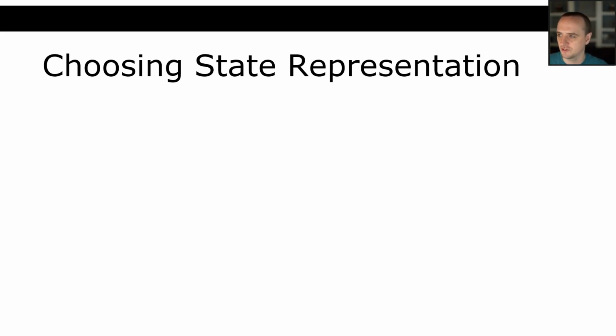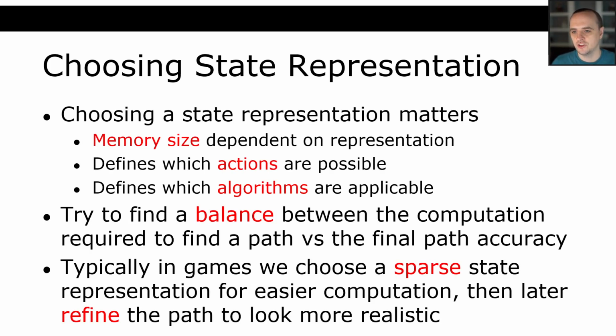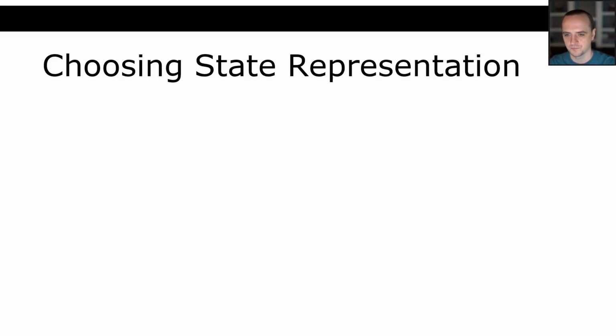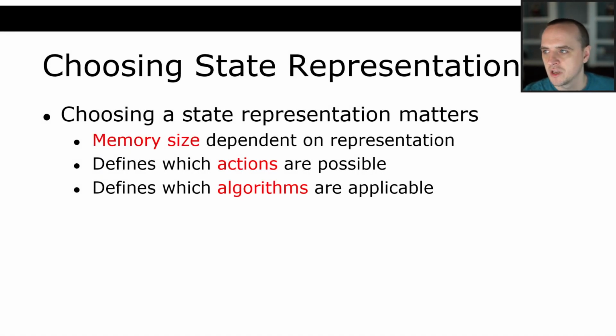So choosing a state representation is important. And I want, just give me 1 second here. I'm going to discard all of these annotations. Perfect. All right. So choosing a state representation matters. I want this to appear. 1 second. I don't know why that's not appearing properly. There we go. So choosing a state representation matters. You see how it matters now because there can be a big difference between those things. I want to go back and change this again. Here we go. Perfect. All right.